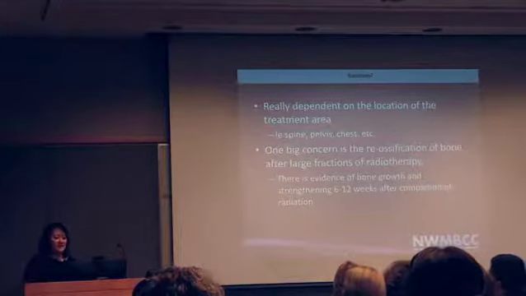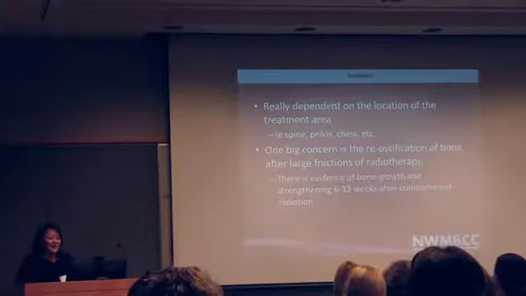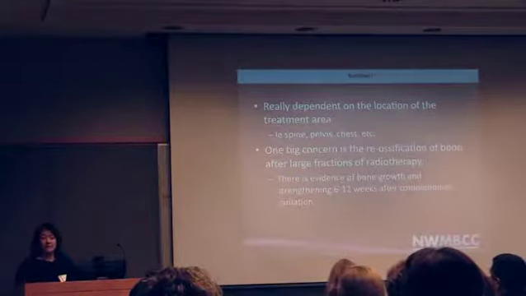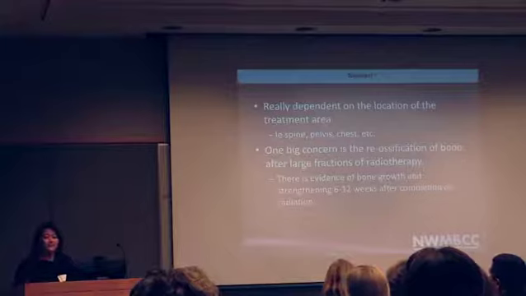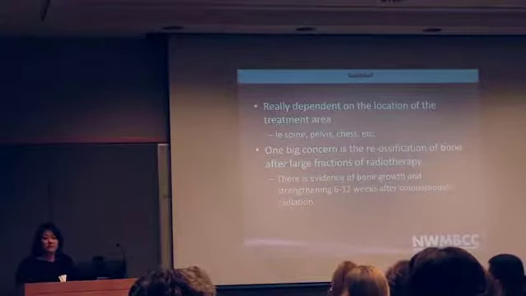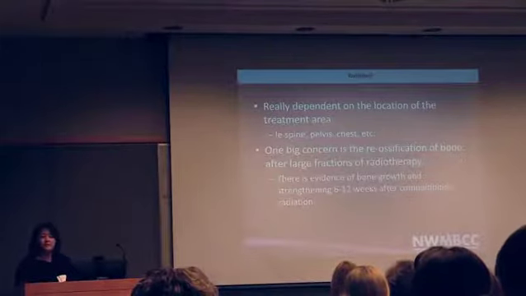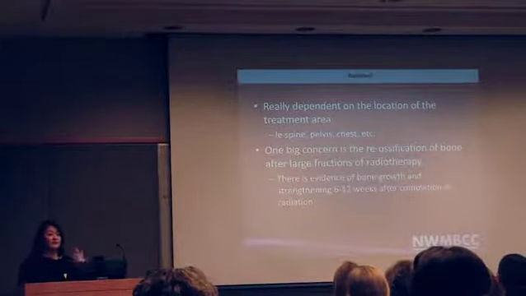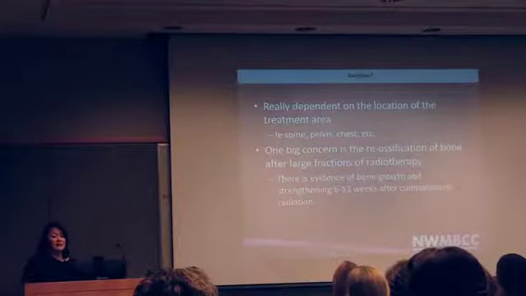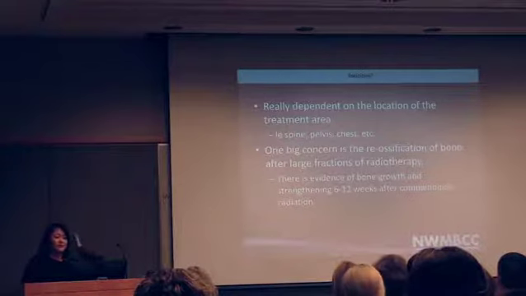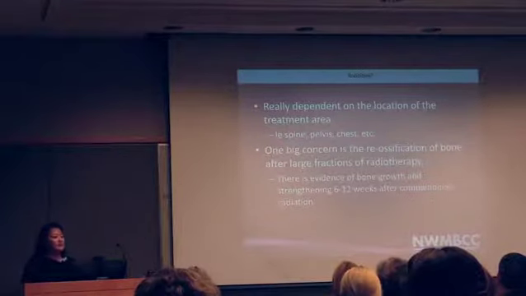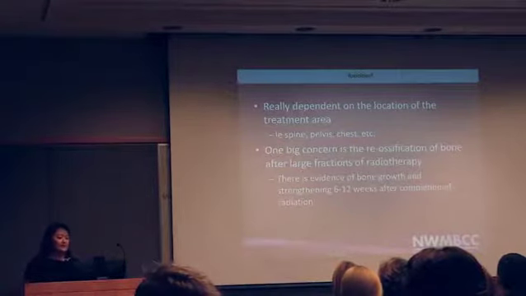So in terms of toxicity, it really depends on the location of the site. If you're treating, say, the abdomen or the pelvic region, you're going to have side effects attributed to those organs that live in there. So you can have bowel issues, so nausea, diarrhea. You can have rectal pain. You can have bladder pain. If you're treating the chest region, you can damage the lung. You can damage areas like the heart and the ribs. If you're treating the skull area, then you can cause some toxicity to the brain. So really, it's dependent on the site.